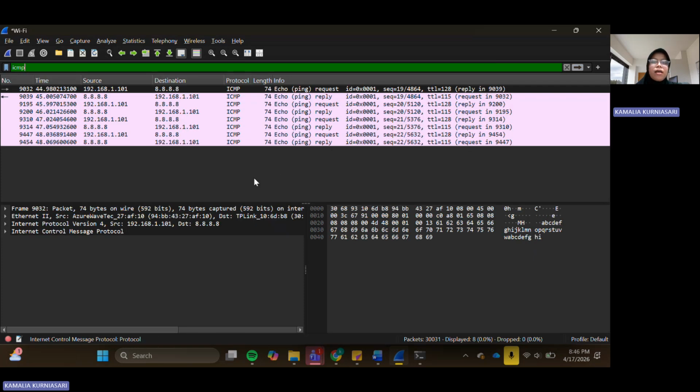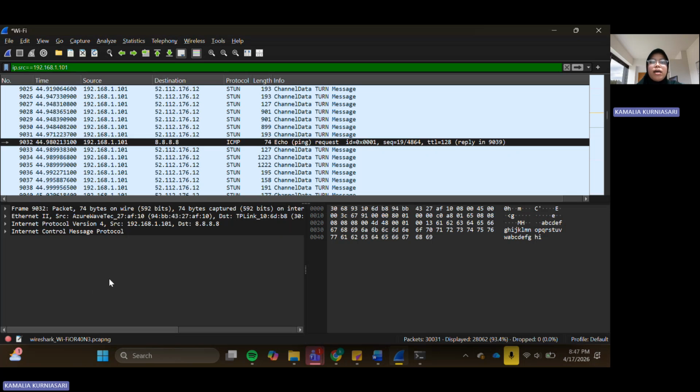This filter is used to display packets related to ping activity. It helps identify communication between devices when testing connectivity. Next, the second filter is ip.src, and then we just enter.